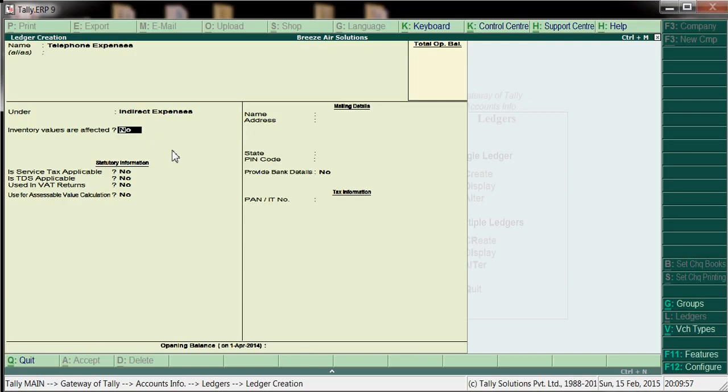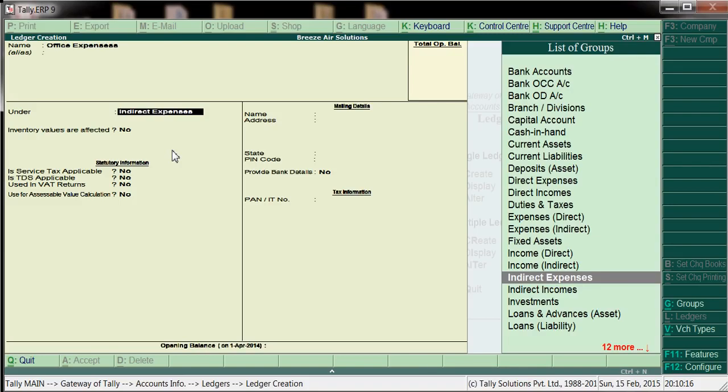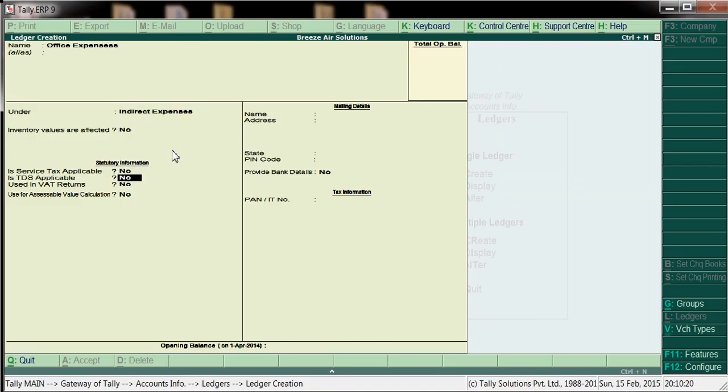This is not related to any inventory, so if you don't want to select anything, just press enter, enter, enter. We'll create one more, office expenses.